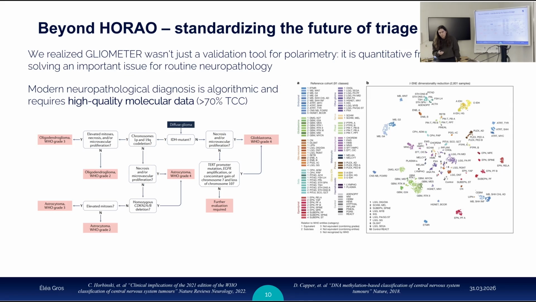Typically, they need to use samples and tissue regions where you have more than 70% of tumor cell content. Why? It is because nowadays they use especially methylation data, and this test requires more than 70% of tumor cells to ensure that the results that you are getting are reliable